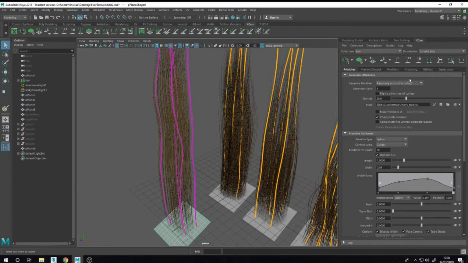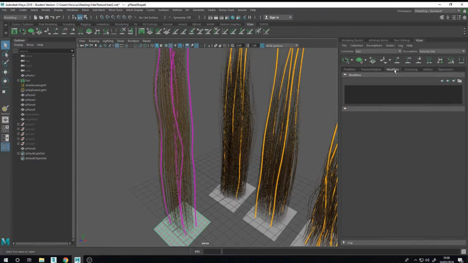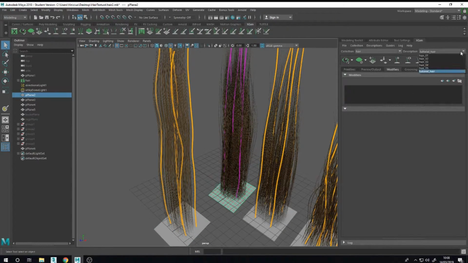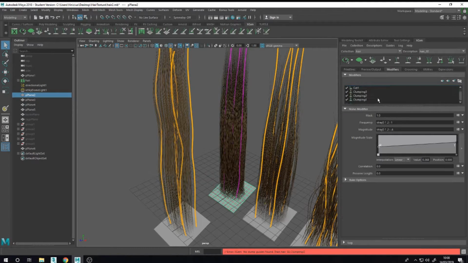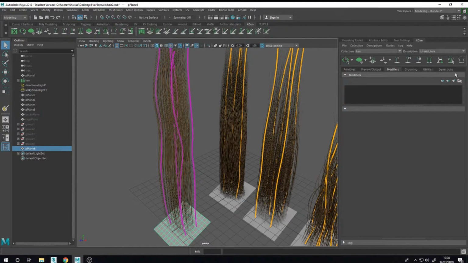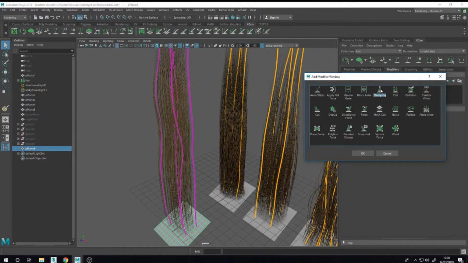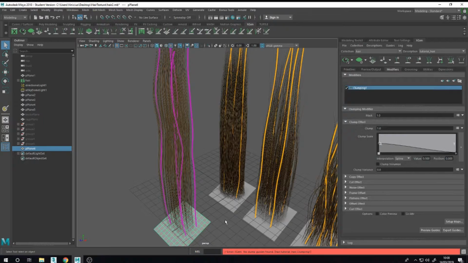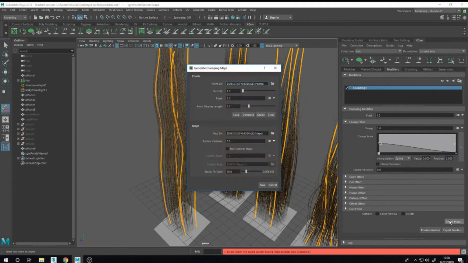And now you apply the modifiers. Let me check here. Like three clumpings. Clumping one using the guides.